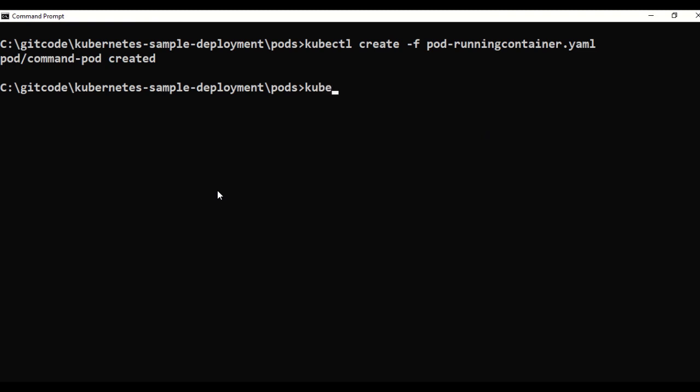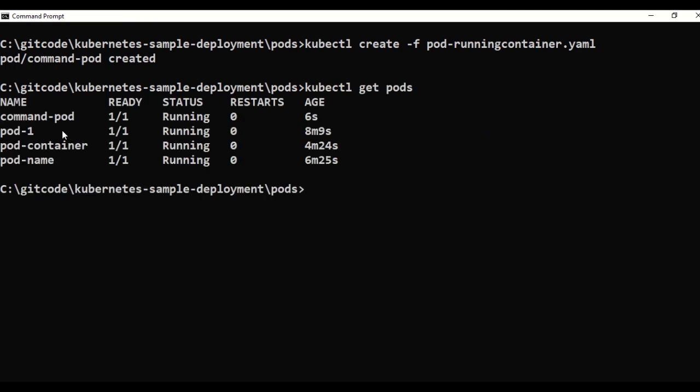So you can see here that it has created the pod. Command pod, this is my container, this is my pod name it has created. Now I can check the logs using kubectl logs and your pod name, command-pod.